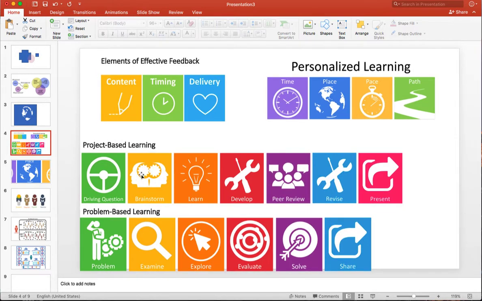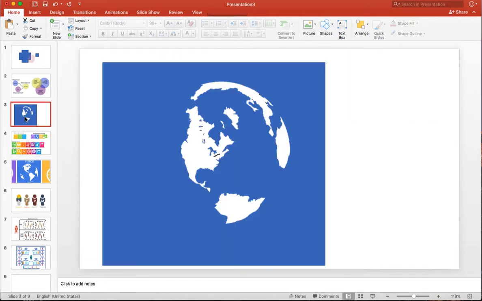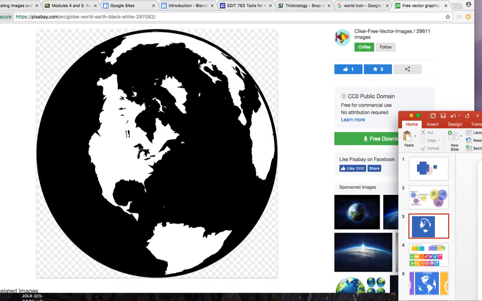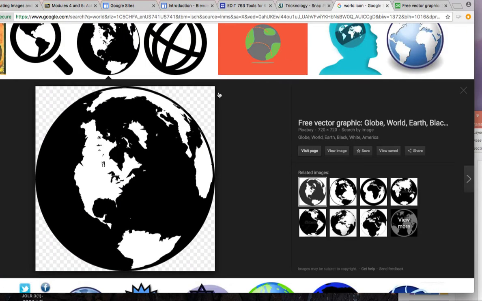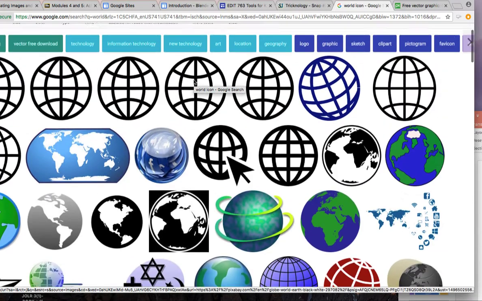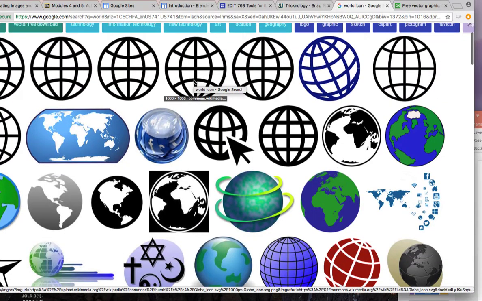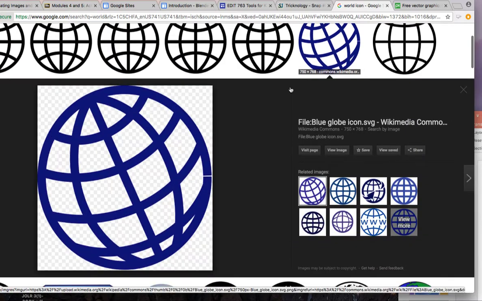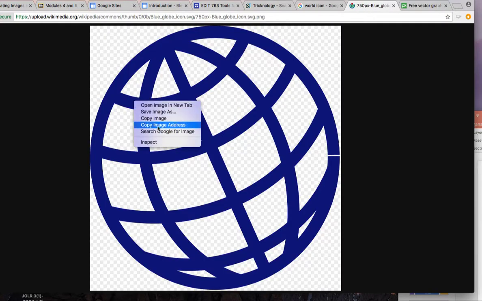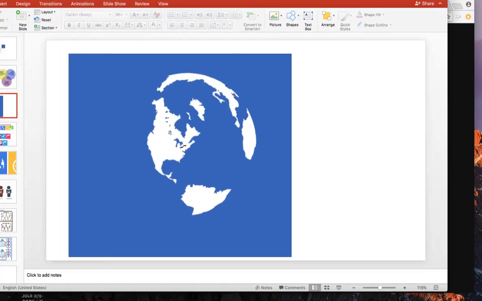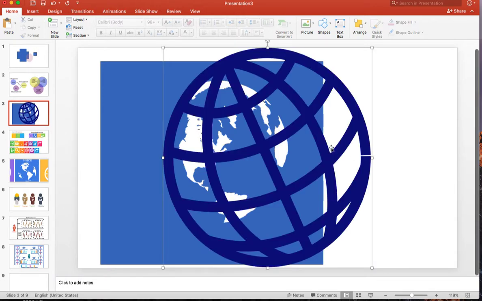Now sometimes they're black, the images are black, and I wanted to change them to color image. And so all I do is, let me show you. So let me pull up an example. Okay, here's an example. So let's say I want to use this, but I don't want it to be bluish, that bluish color. So I'm going to just view image, copy image, and now let's bring in my, okay,